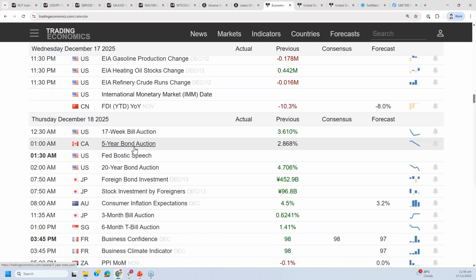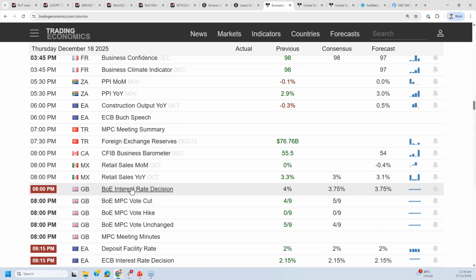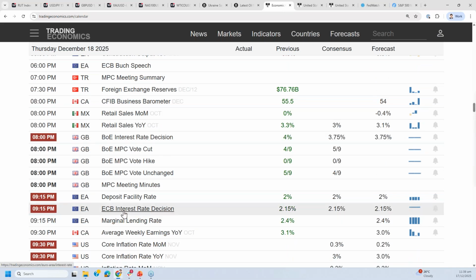The key thing will come on Thursday. On Thursday, we have the Bank of England interest rate decision, as well as the ECB interest rate decision at 9:15 p.m. We'll talk more about that tomorrow. But what's interesting is that there are signs that the US dollar is now shaping a bounce after being very weak for the last 2 weeks. Do take a look at how the price movement of the US dollar unfolds today, ahead of the Bank of England and ECB interest rate decisions, which are not today but tomorrow, 18th of December, at 8 p.m. and 9:15 p.m. Singapore time. We'll talk more about that tomorrow.